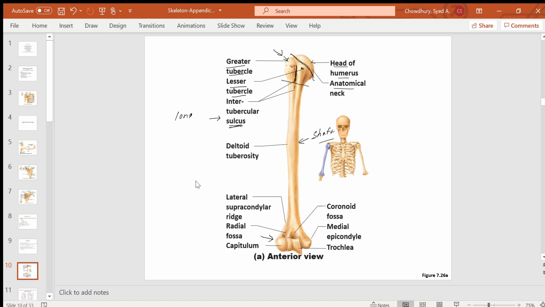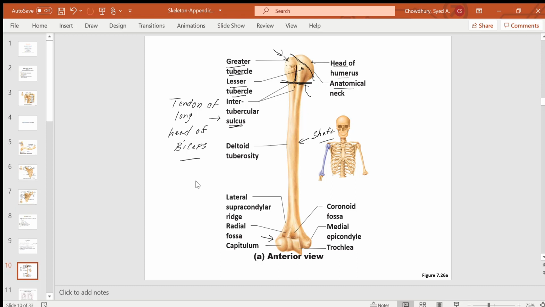So the long tendon of long head of biceps muscle, okay, passes through the intertubercular sulcus,